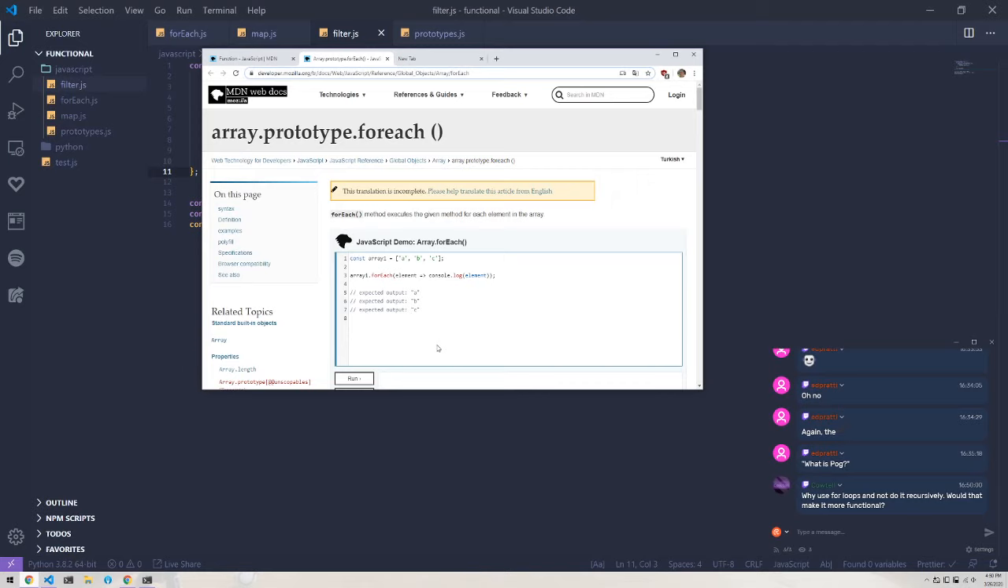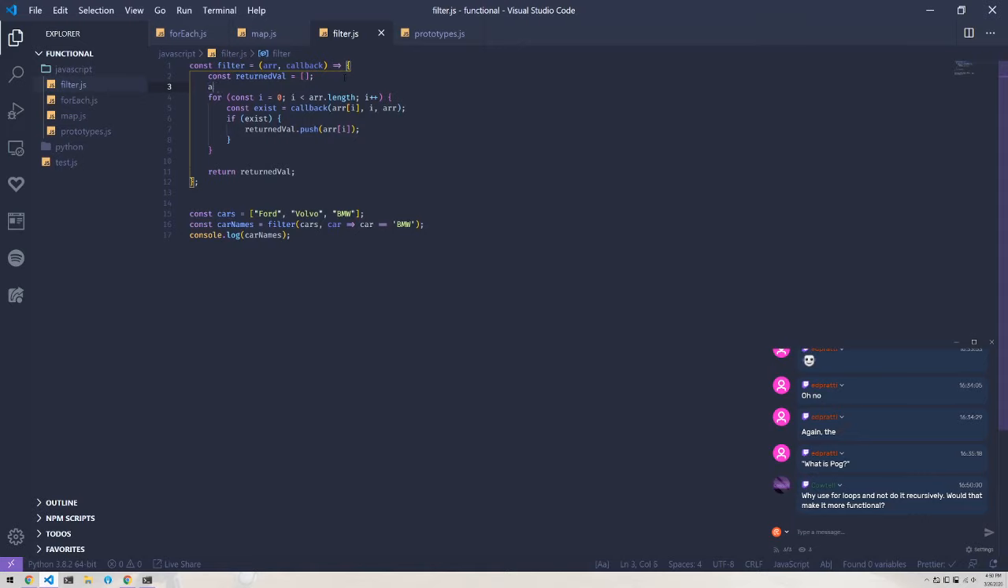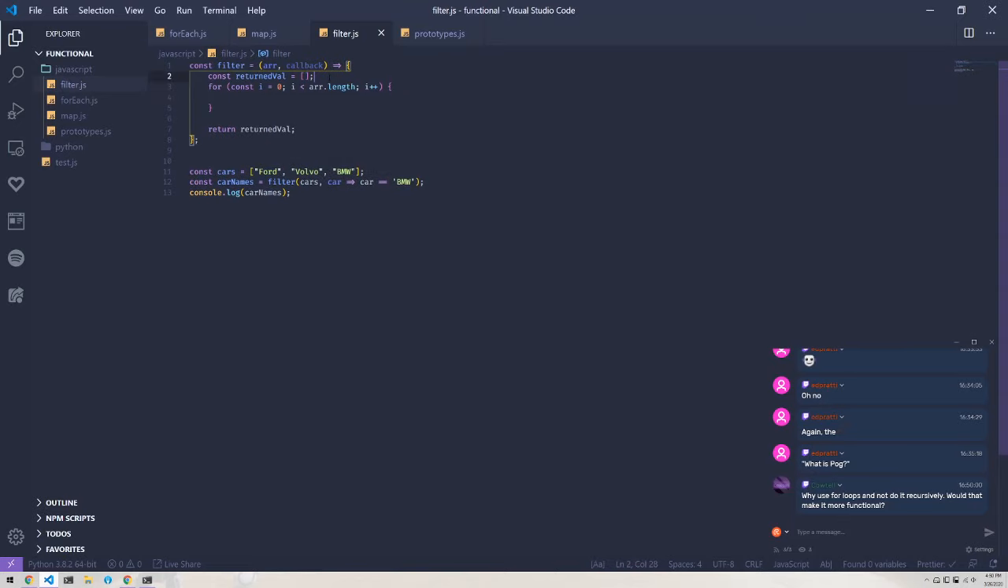Why use for loops and not do it recursively? Would that make it more functional? Why use a for loop but not do it recursively? I'm not sure I follow what you're asking. So for example, what you could do is, yeah, I'm not sure I follow, because all of the functionality that I'm thinking here would be like, I mean, you could do something like this,